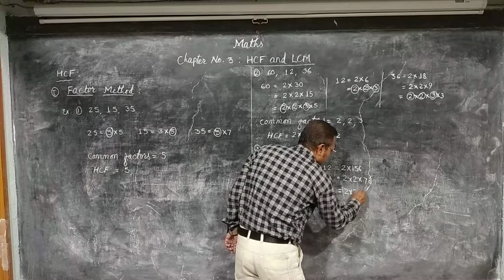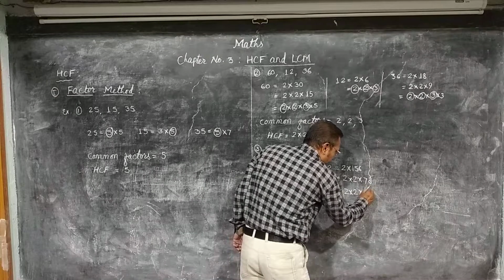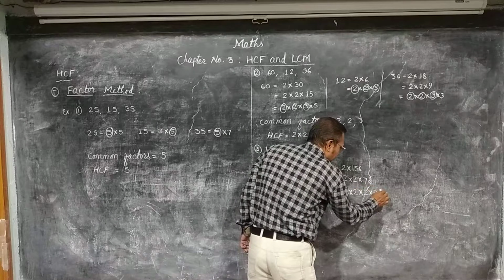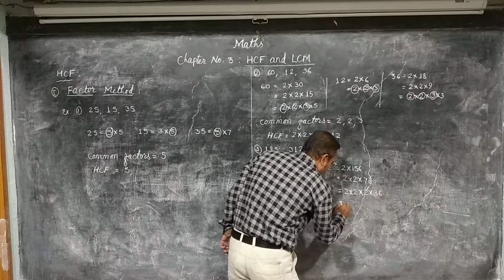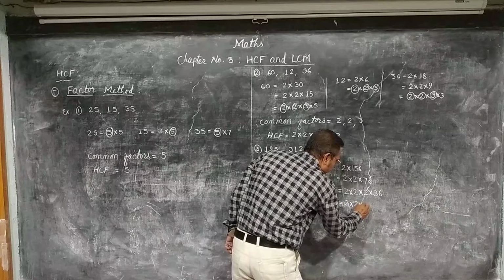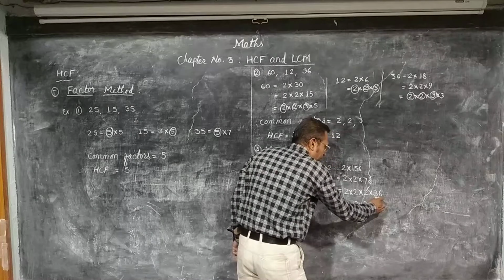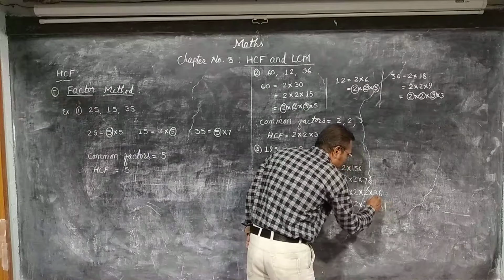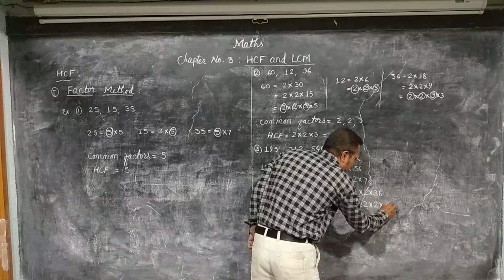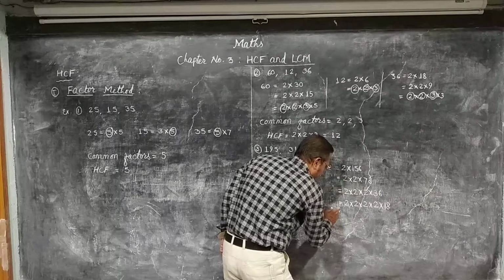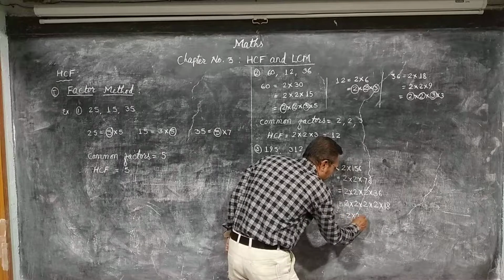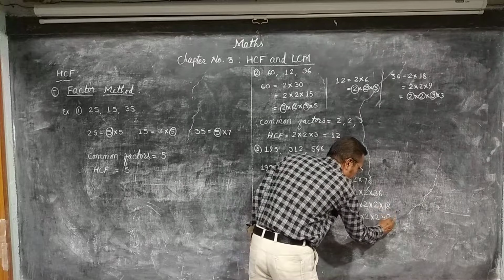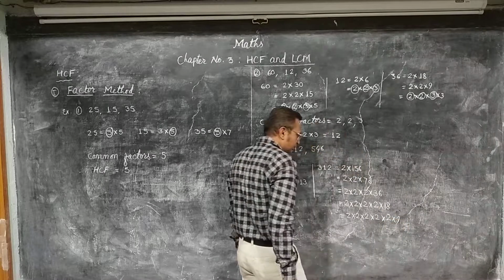Again in the unit place there is 8, therefore again 2 3s are 6, carry 1, 18, 2 9s are 18. Again in the unit place there is 6, therefore again we can use the test of 2. 2 1s are 2, carry 1 becomes 16, 2 8s are 16. Again in the unit place there is 8, therefore we can use the test of 2, 2 9s are 18.